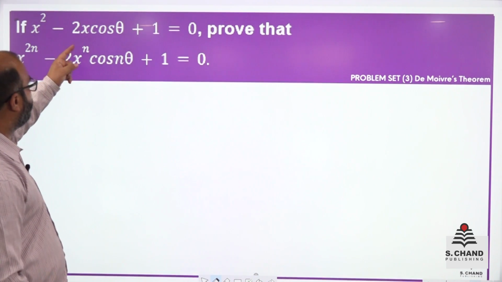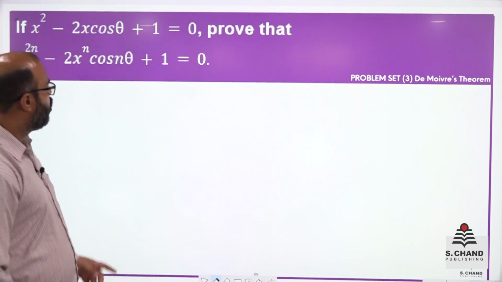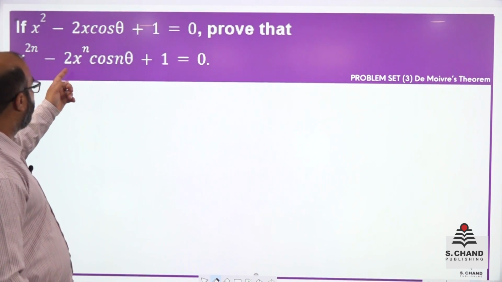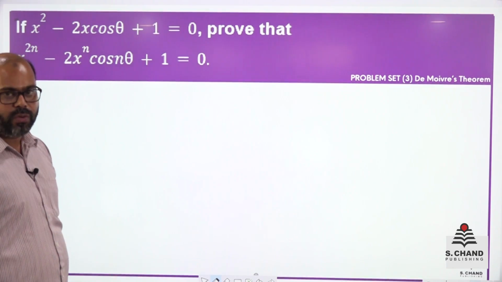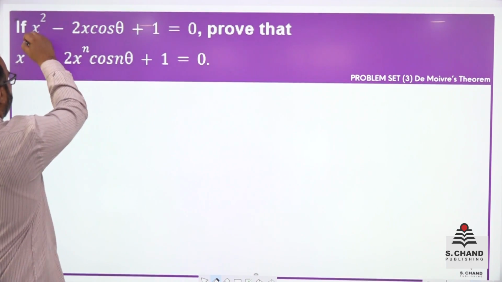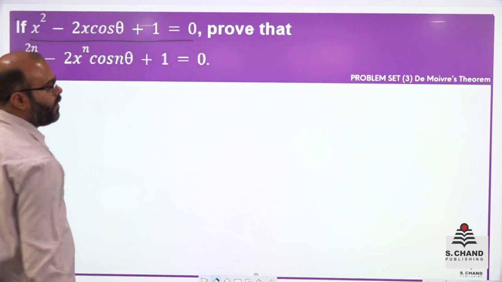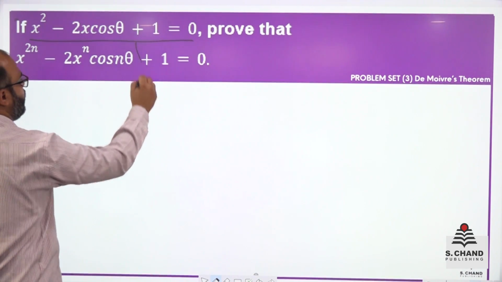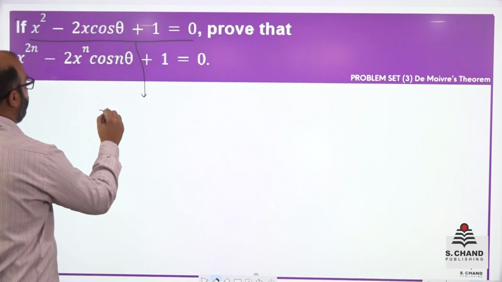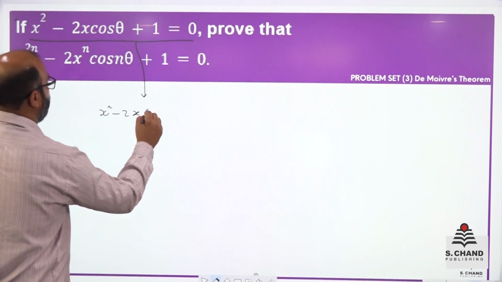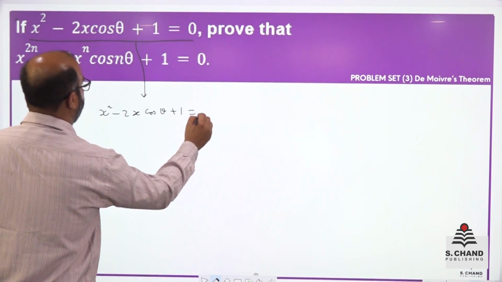If x square minus 2x cos theta plus 1 equal to 0, prove that x to the power 2n minus 2x to the power n cos n theta plus 1 is equal to 0. So this first one is given to us. From here what we can say is that x square minus 2x cos theta plus 1 is equal to 0,